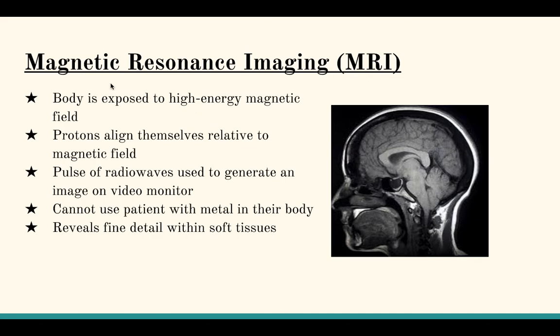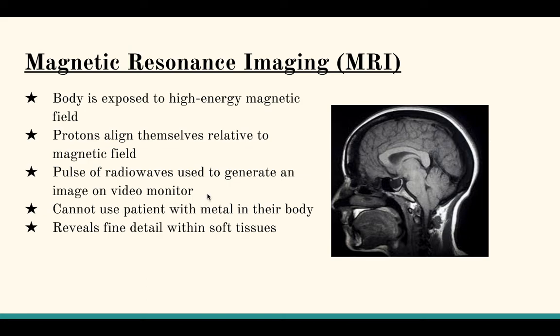Okay, so magnetic resonance imaging, or an MRI, is when your body is exposed to high energy magnetic fields. What happens here is that protons will align themselves relative to that magnetic field, and then the image that's produced is based off of that. And it's such a really detailed image from an MRI. Much like a CT scan, you can see a cross-sectional view with an MRI. And what it is, it's a pulse of radio waves or radiation used to generate the image on a video